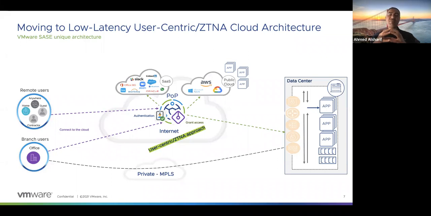If you don't have access to the application, then this user will never see the application in the first place. That's what's important. I don't want anybody to be compromised and be able to go all over the place and discover the network. And this is what used to happen in the past, right? Why are we doing segmentation and micro segmentation in the data center?